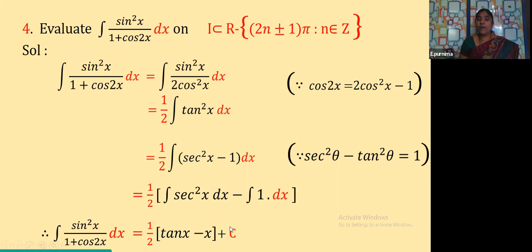You should never forget putting this c at the end. It is not a must that however many integrals there are, that many c's you should put. Even if you put c for the first integral, plus c for the second integral, that means what? This is a constant. Here also we are getting a constant. When two constants are added, what do we get? Again we get a constant only, no?